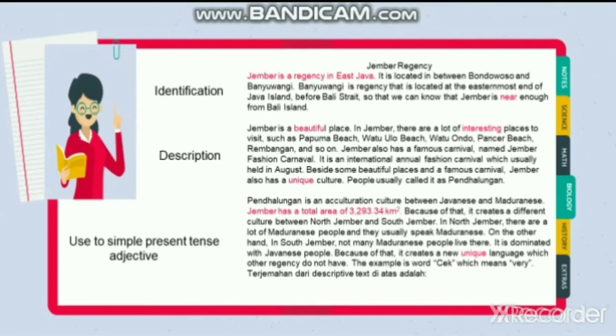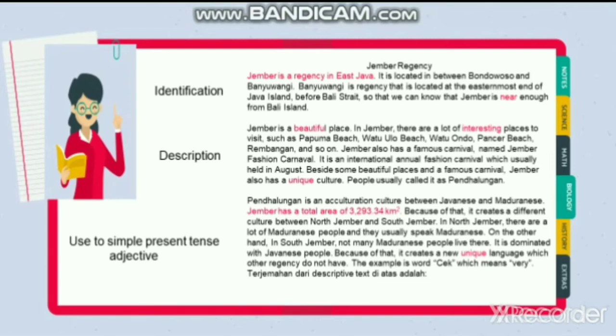Okay, and description. We can look at the second paragraph. It contains an explanation or description of Jember regency by presenting